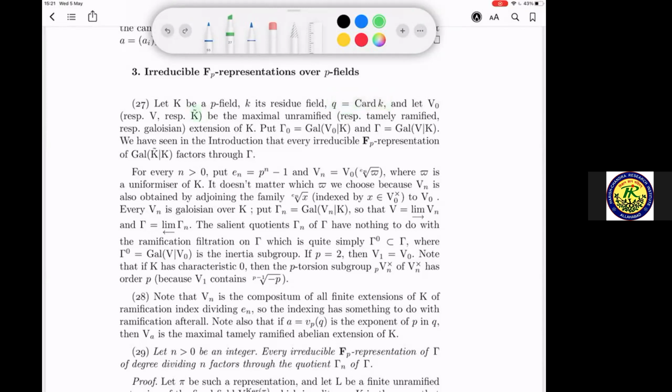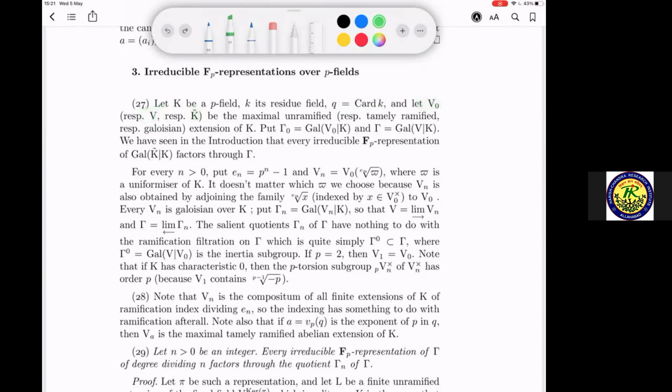But inside this K tilde, you have the maximal unramified extension, which is V naught. And you have a further extension containing V naught, which is the maximal tamely ramified extension of K in K tilde. So the picture is as follows. You have K at the bottom, which is contained in V naught,